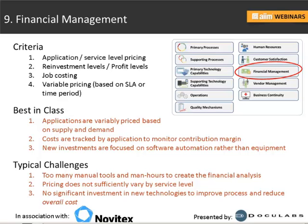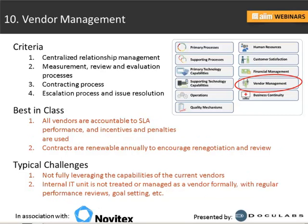Vendor management is, and these are the last two, is to really centralize the relationship with your vendors, really get in their grills, make them accountable, get with the reference sites and see what they're doing, other folks who are using the vendors, form an aggregate so that you're requesting things together and not just as a single disgruntled customer